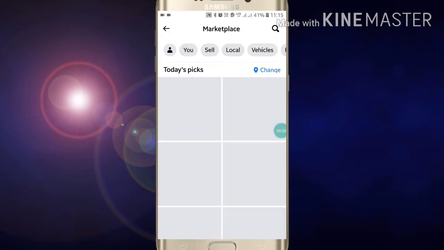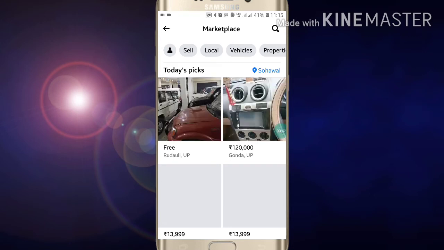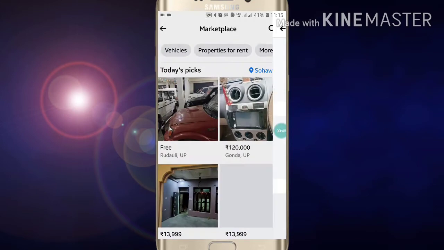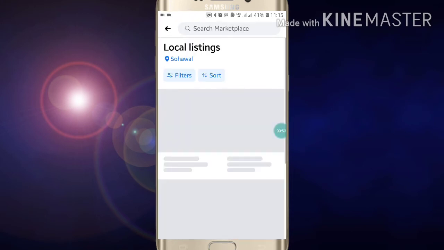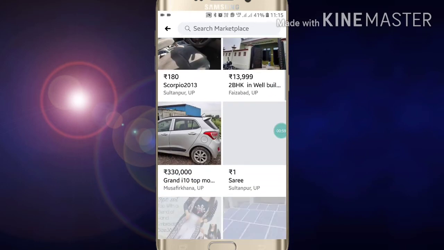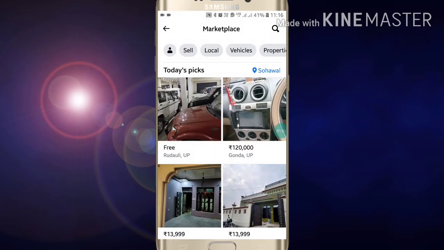Now click on it. Now here you will see lots of options: Marketplace, Sell, Local, Vehicle, Properties for Rent, and many more things you will get. So if you want local market, you will see here everything you want. So like this you can search local Marketplace in your